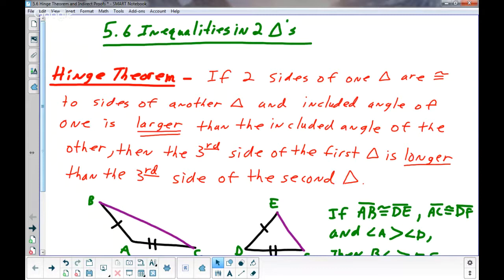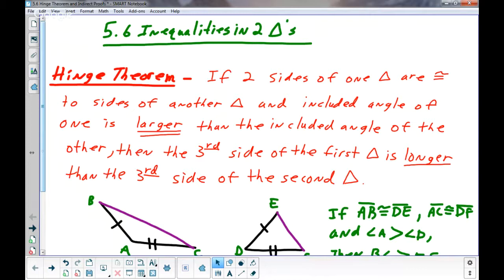Now the hinge, those who don't know, guys, if you think about it, it's where doors... It's the pivot point of doors, where doors open and close. That little hinge thing that keeps the doors from falling off, those are hinges. They open up, close. So the Hinge Theorem, as it says here, is if two sides of one triangle are